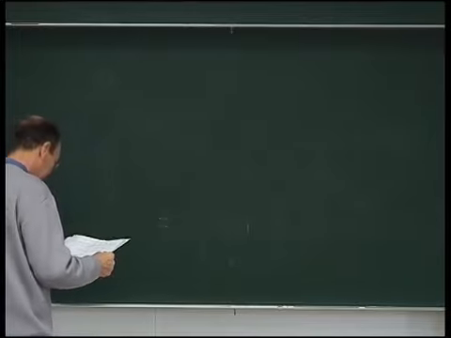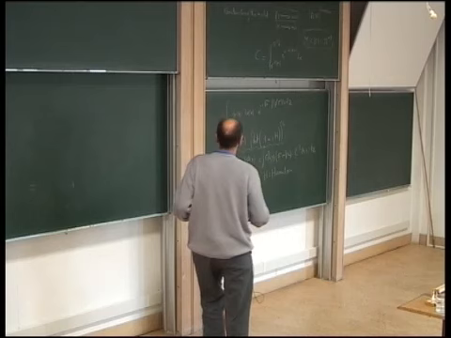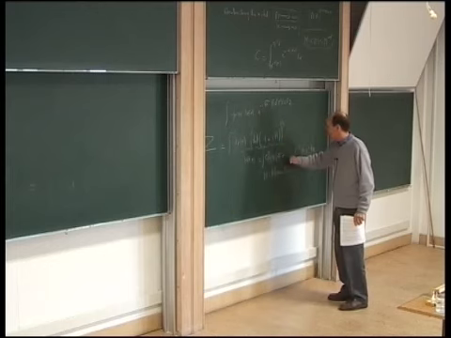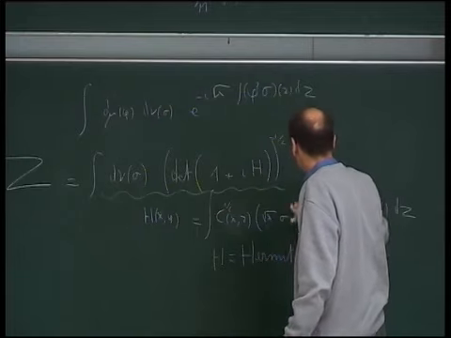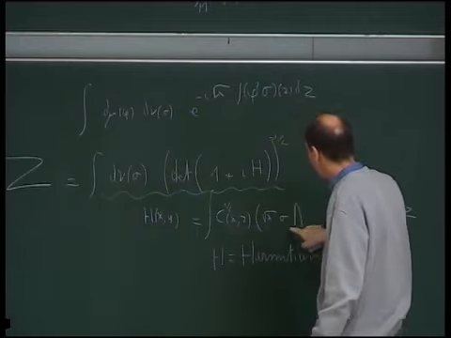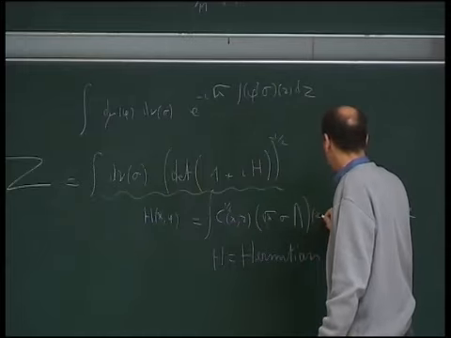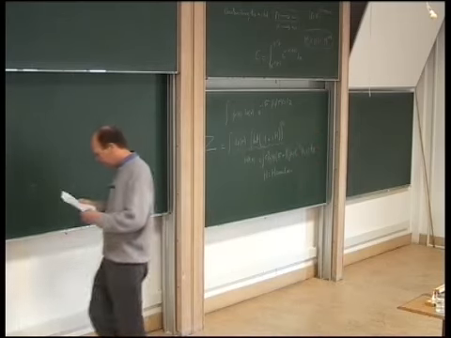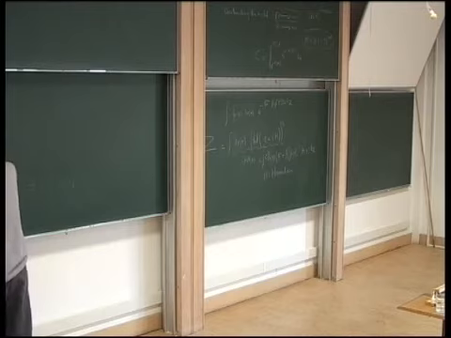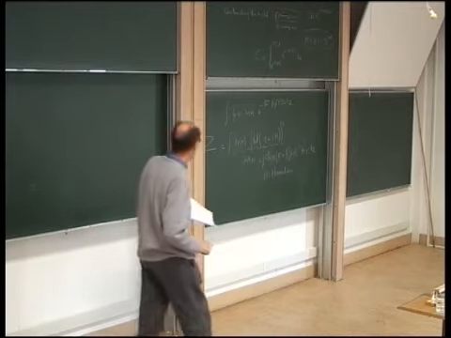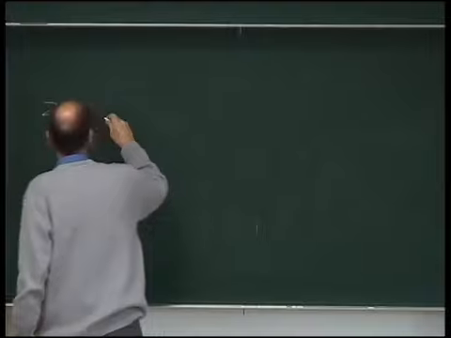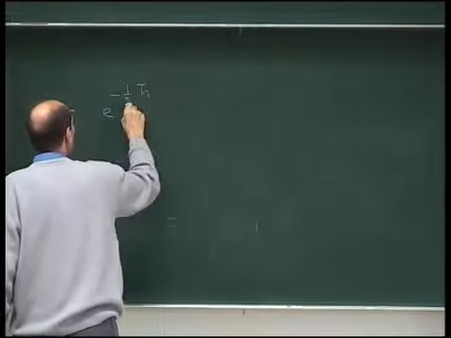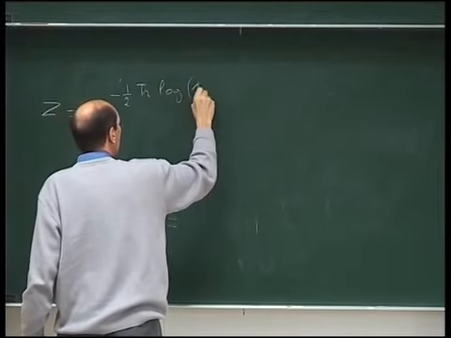This was the Z. And naturally, I have forgotten the fact that I had this volume cutoff. So here you must put the characteristic function of the volume cutoff, so that this remains in the volume cutoff. Then the Z, I can write as well as saying the determinant is e to the minus 1/2 of the trace log of this 1 plus iH.